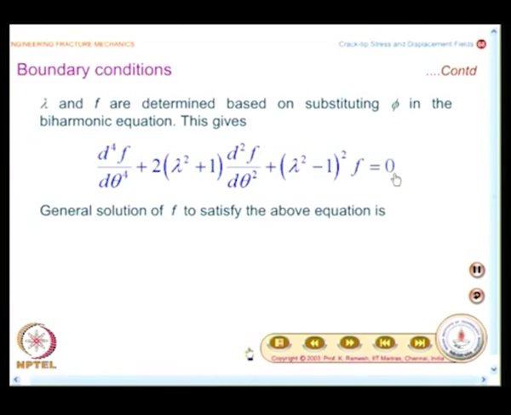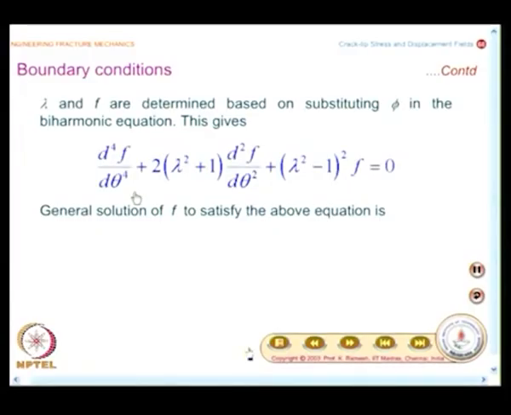We have taken the Airy stress function phi, you substitute it in the biharmonic equation and you get the final resulting equation in this fashion. So, by solving this, we will be able to find out the eigen values as well as the eigen functions,